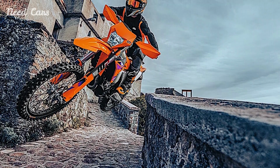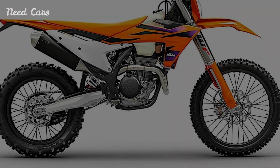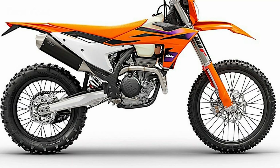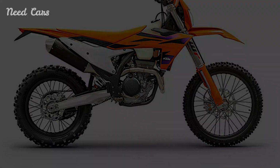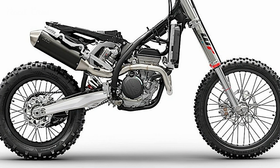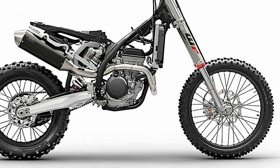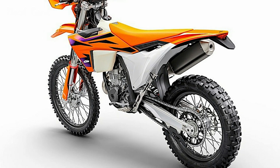Whether navigating rocky trails or high-speed forest sections, the WP XACT system delivers responsive control and comfort. For braking, KTM has opted for premium Brembo brakes, providing consistent stopping power, crucial for enduro racing's dynamic conditions. The lightweight build of the bike also contributes to its nimbleness and agility, giving riders an edge in competitive settings